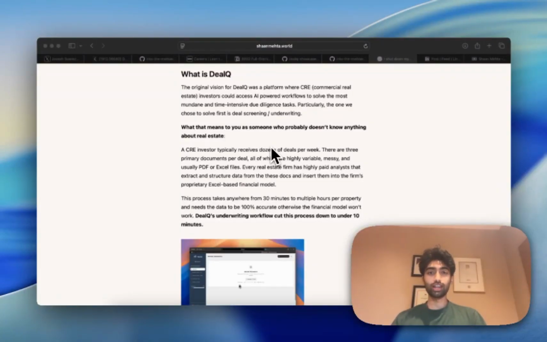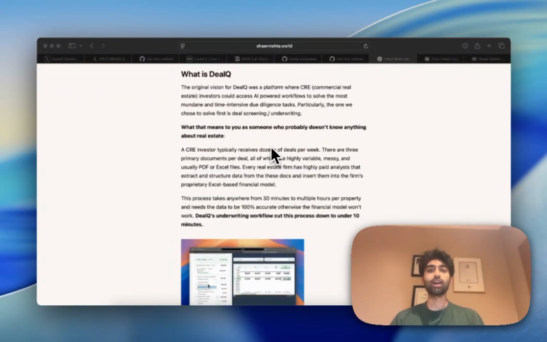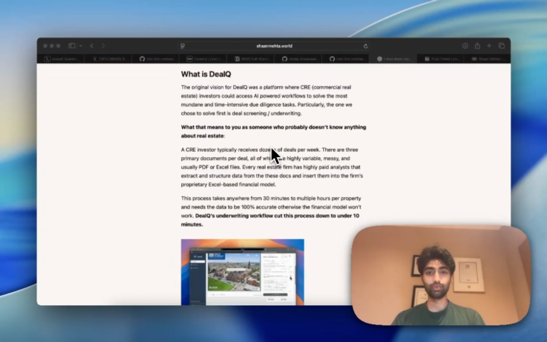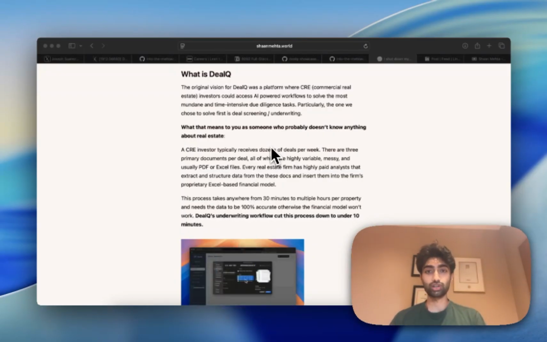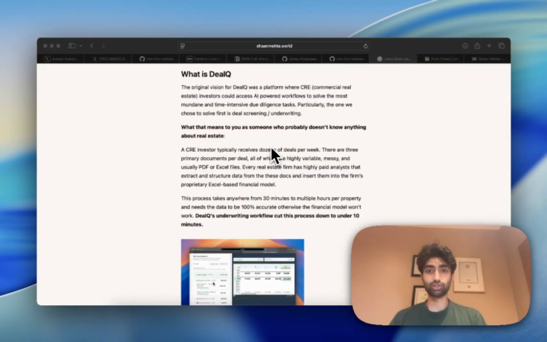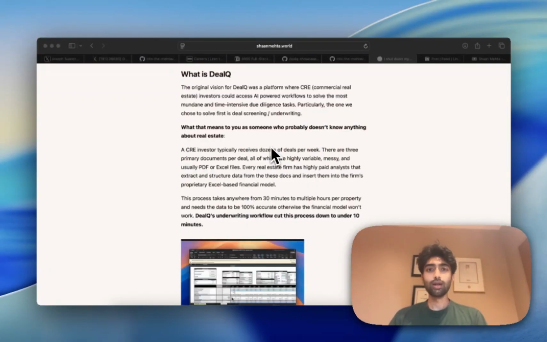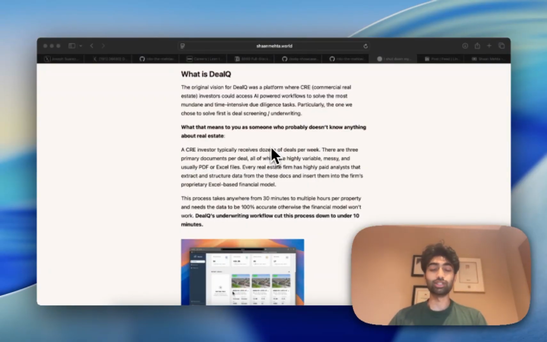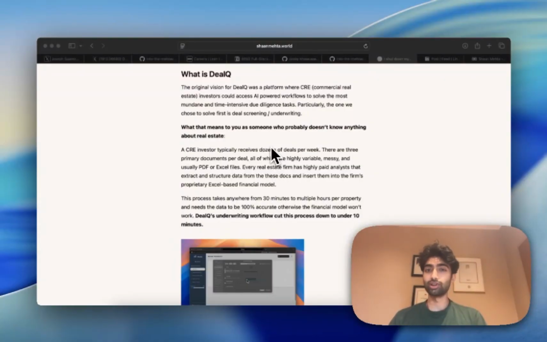My name is Sean, and today I'm going to be showing you DealQ, which is the commercial real estate underwriting platform that I co-founded and was the CTO of last year. I built and architected this entire code base myself into production. We ended up running a private beta with multiple enterprise customers, and so it was built with their needs in mind, but ultimately decided that the business model wasn't the right one to pursue, and so ended up shutting down